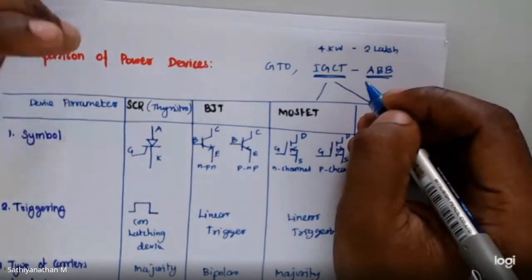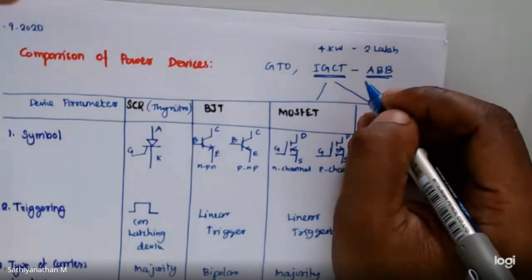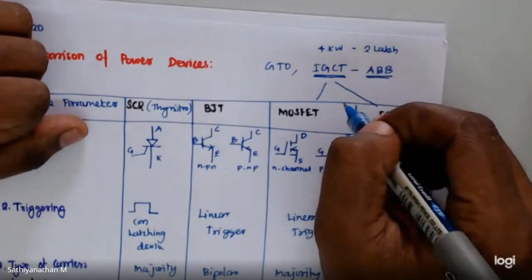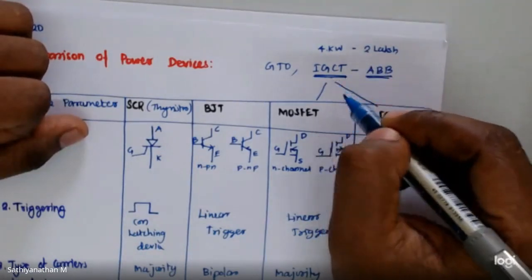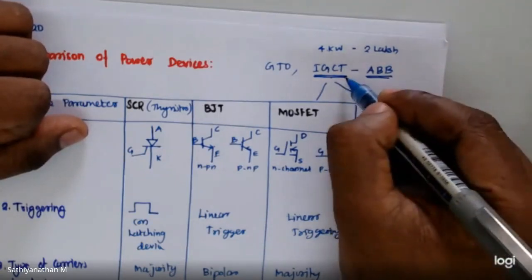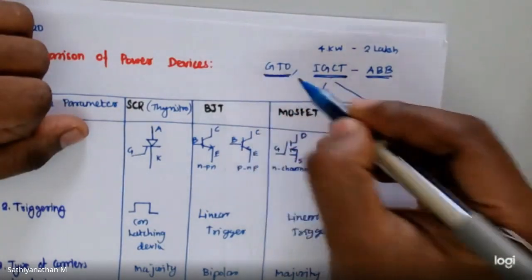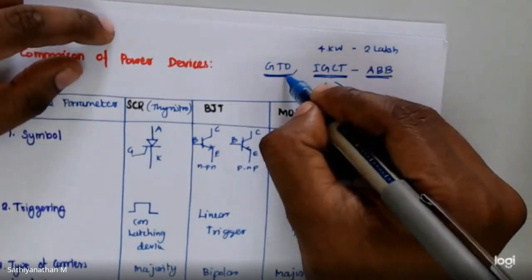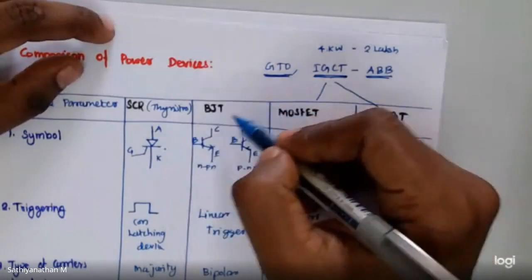For HVDC or AC transmission networks, for example FACTS devices, we can use this device. Okay, so this is a new device which is included in your syllabus. We are going to discuss this in the next class. Today we are going to complete the gate turn off thyristor. It is almost equal to a thyristor, so we may discuss the difference.